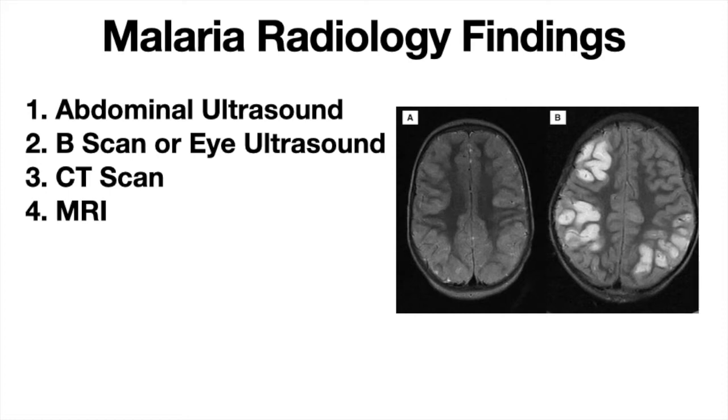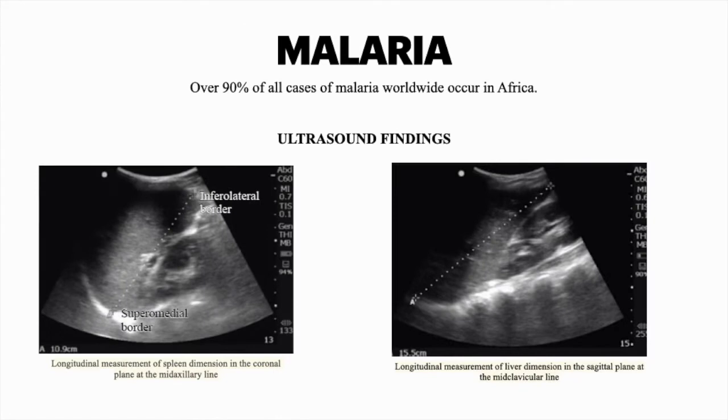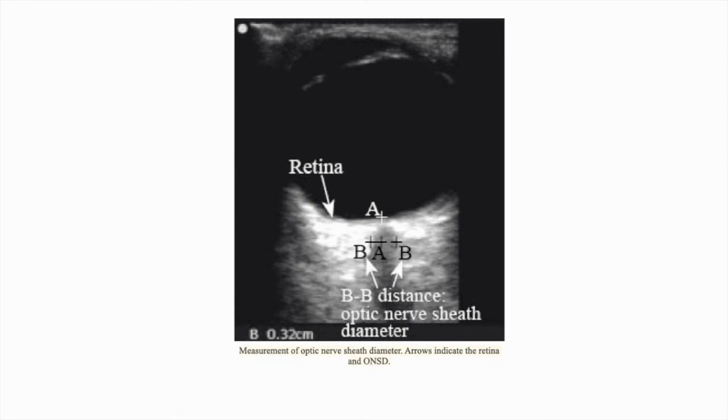So we are talking about abdominal ultrasound, B scan or eye ultrasound, CT scan, and MRI. All these tools you can find in any hospital. Okay, so let's go. Let's talk about malaria, which is a very well-known disease here in West Africa. The most common ultrasound finding is hepatosplenomegaly, and in case of B scan or eye scan,